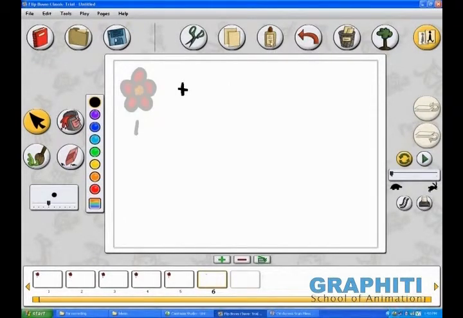Now when you press this, it basically pastes that same object in the same place, whatever object was selected and you are copying it, it puts it in the same place. So you have a copy of this element in this page. And the reason why we did not copy it from the 5th page is because it would have been same. If I copied from the 5th page, it would have remained stationary. There would not have been any movement in the flower. Okay, so let's play this again.